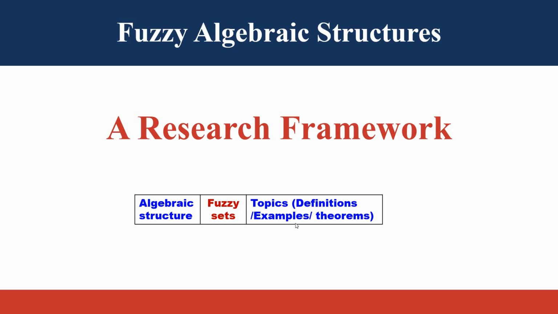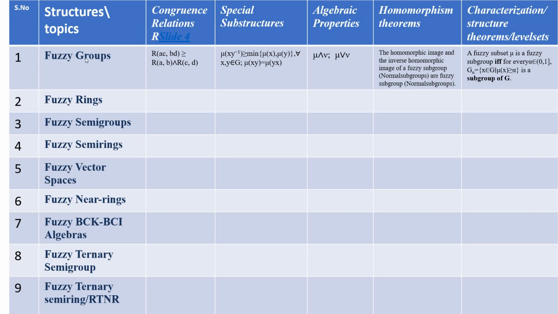You'll have a few new definitions, examples, and theorems. So this is a broad outline sketch of this research framework. For example, if we consider, say, fuzzy groups, then first we will see what is meant by a relation. We are not going to have the definition of fuzzy sets, intuitionistic fuzzy sets, etc., but just an